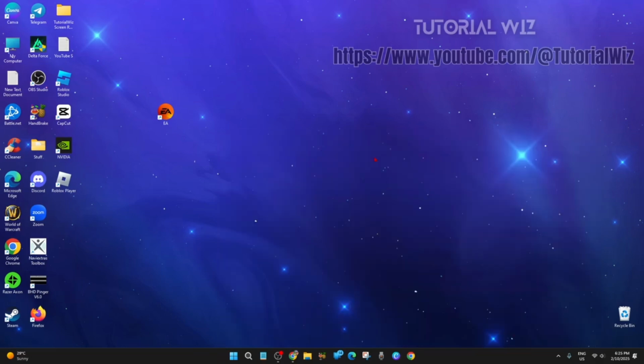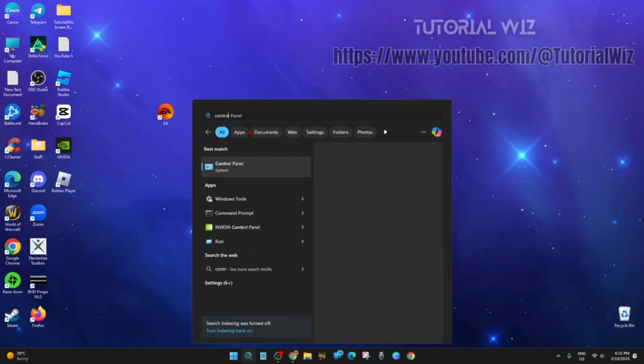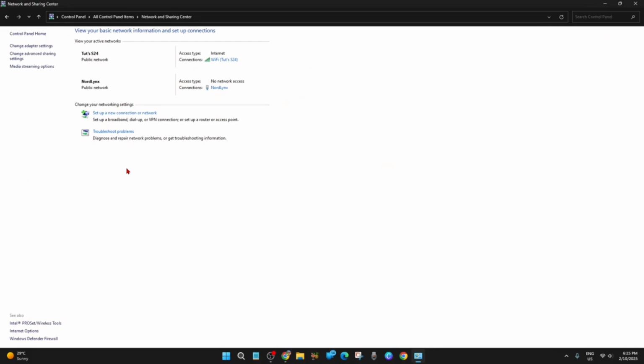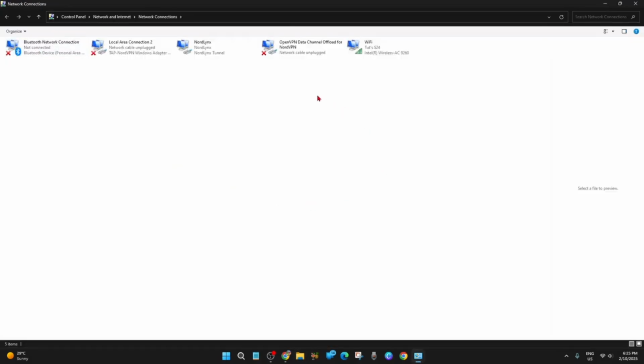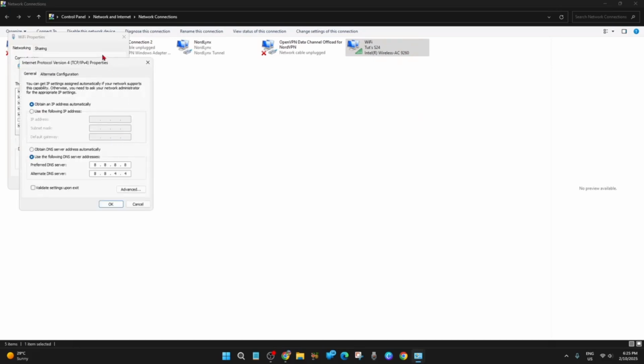And if you're still having issues having a slow download speed inside EA app, we can perform one more thing. So click on search. We need to head to control panel. So search for control panel. Now from here, navigate and click on network and sharing center, and then we need to change adapter settings on the left hand side, second tab down, and then click onto your Wi-Fi or your internet, and from here click on the properties, and then from here we got internet protocol, click onto that, click on the properties, and then